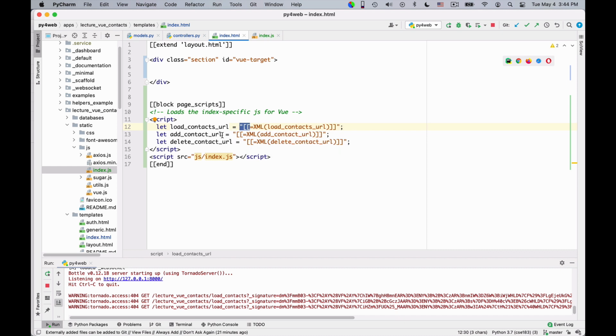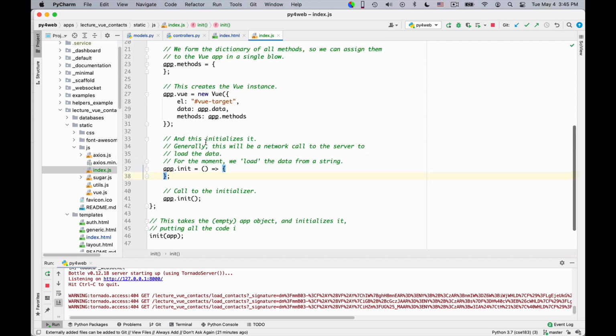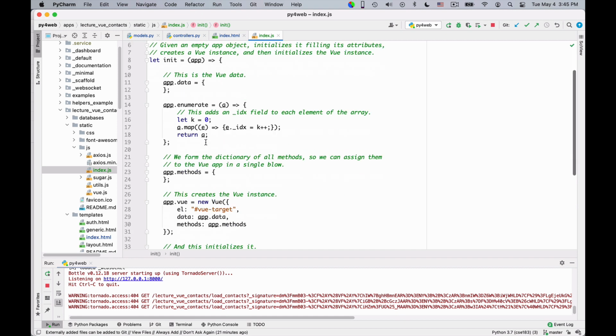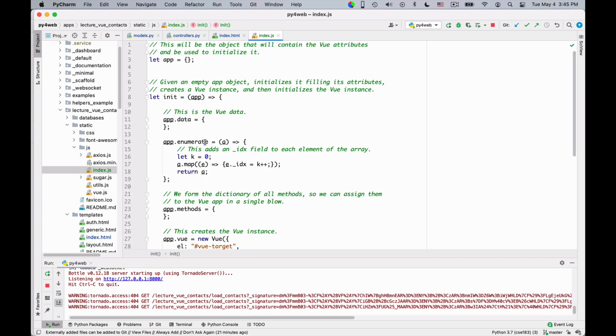Okay, so here we need to put in code that will cause us to display a form for adding new contacts and also the display of the contacts. And in index.js we will put the logic in order to manage the list of contacts. So the logic at this point is empty. I just show you this classical starting state that we will be using in any one of our apps. And what we have is essentially that we create an app.